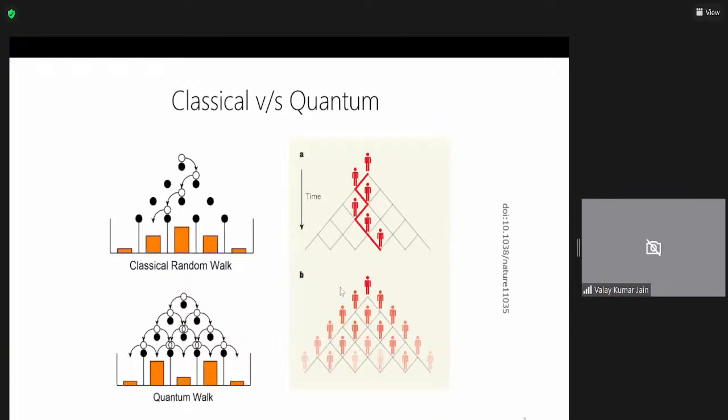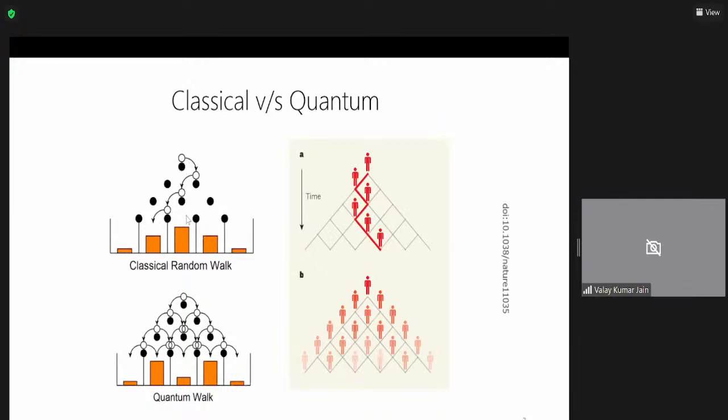Let's talk a little bit about classical walks versus quantum walks. So we've all read in our statistical mechanics courses about the classical walk, where there's a classical random walker who does a classical coin toss, and based on that, he either goes to the left or the right position with some finite probabilities, and there's a certain path that the walker can take based on the outcome of the